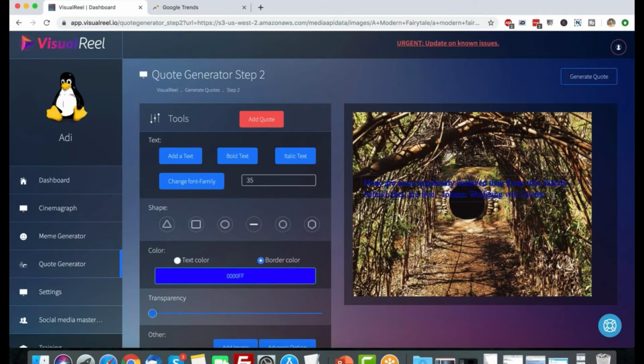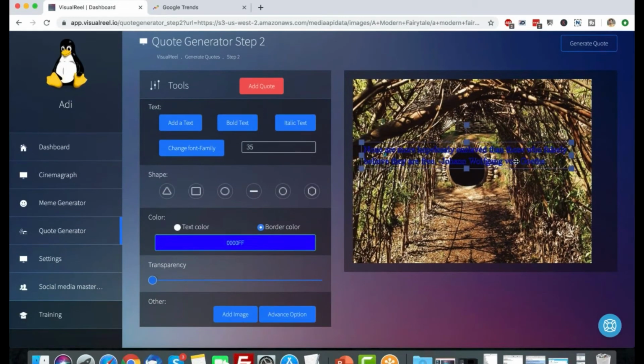Now this quote is not very readable right now. It doesn't look very nice, right? Let's edit it. I'm going to double click on it, Command A or Control A to select it. Then I'm going to try and increase the font size a little bit. Let me decrease it actually. Make it 20.